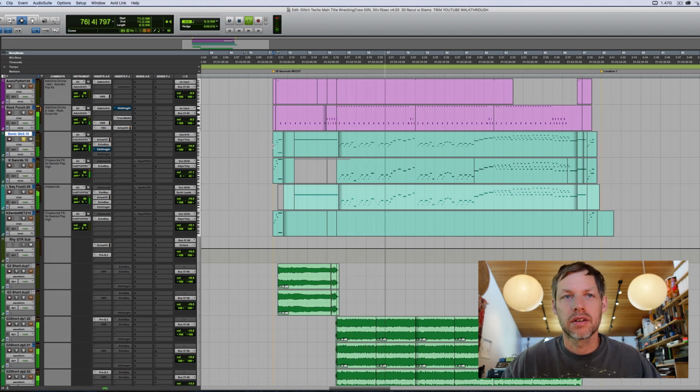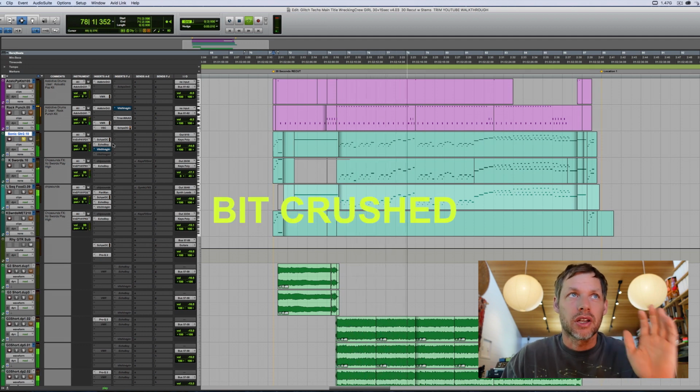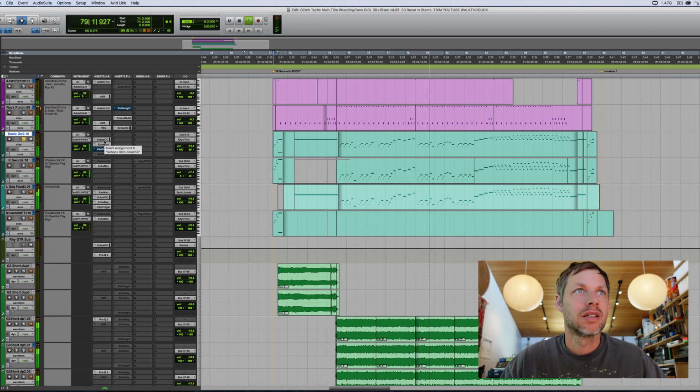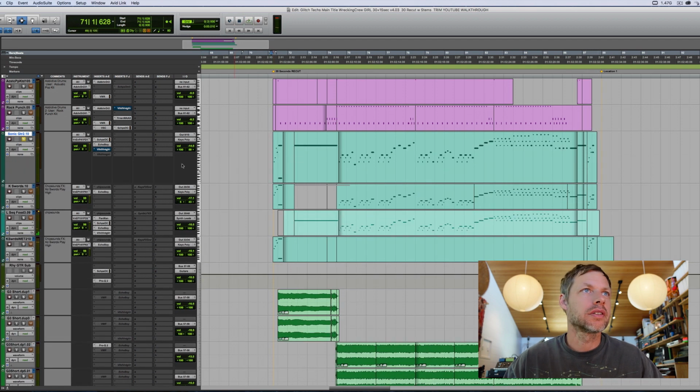So, you know, it's got kind of a big crushed sound. Very chiptune-y, lo-fi. And it's kind of aliased sounding. And there's a lot of those little bends, I think, are just pitch bend automation. That first thing at the beginning,